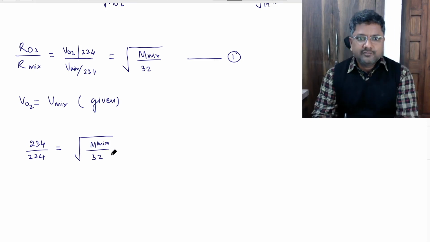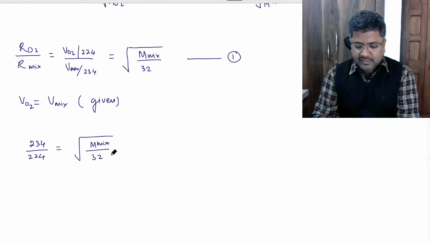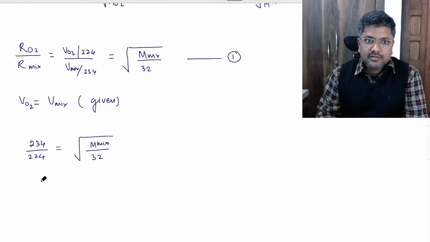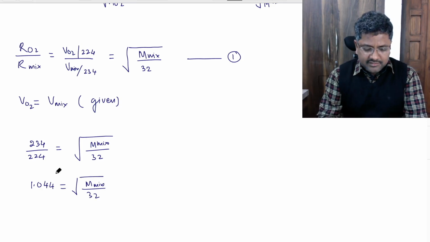So we can solve this. 234 divided by 224 is equal to 1.044. 1.044 is equal to the molar mass of mixture by 32. So on squaring this,